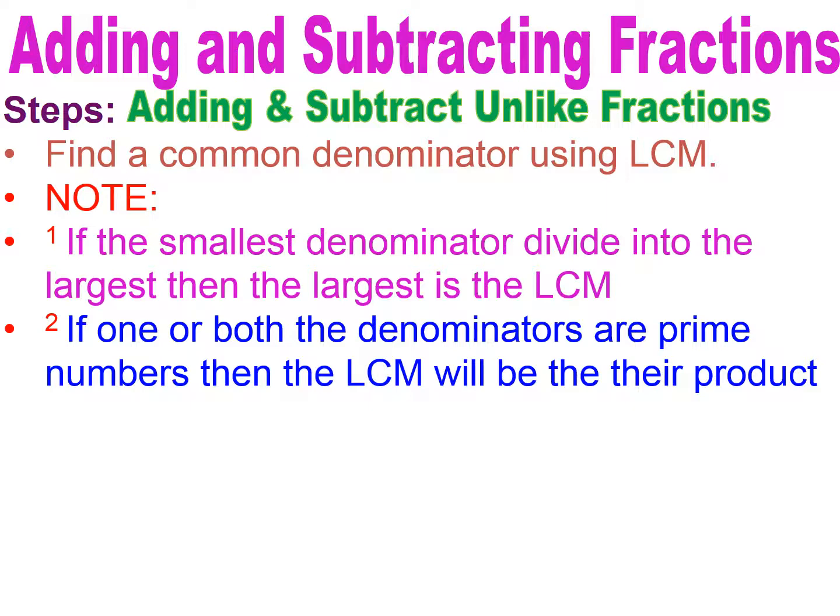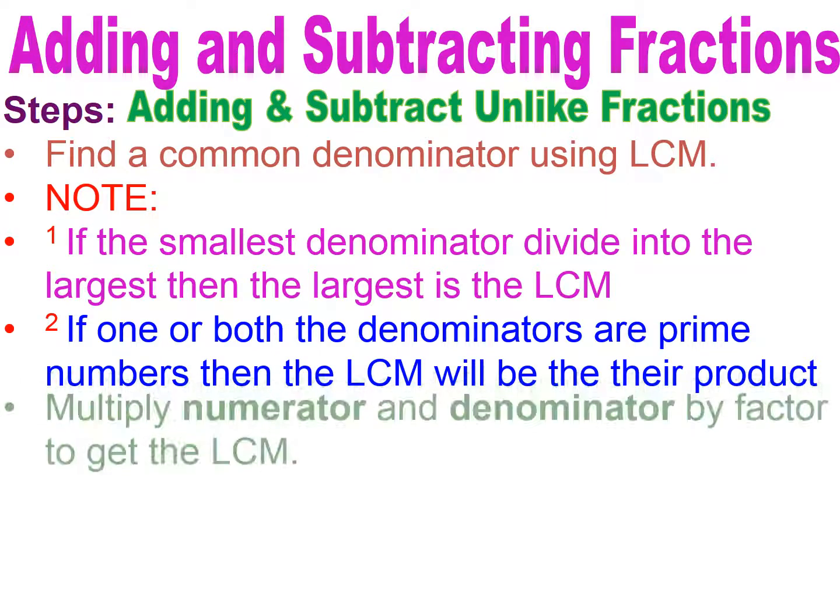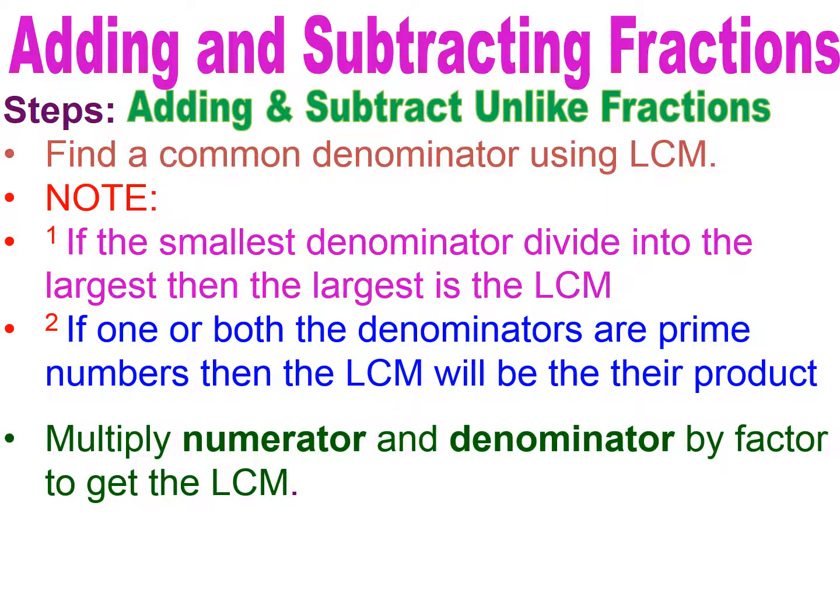If one or both are prime numbers, then you're going to need to find the least common multiple by multiplying the two numbers together. If it's neither one of these cases, you're going to need to use the ladder method to find your least common multiple. After you find the least common multiple,